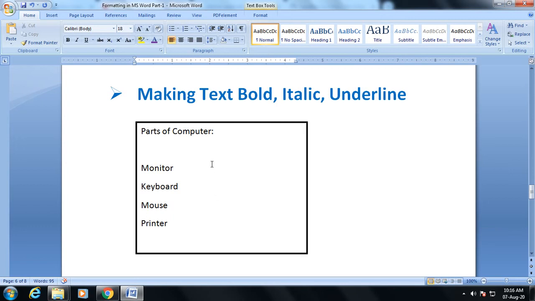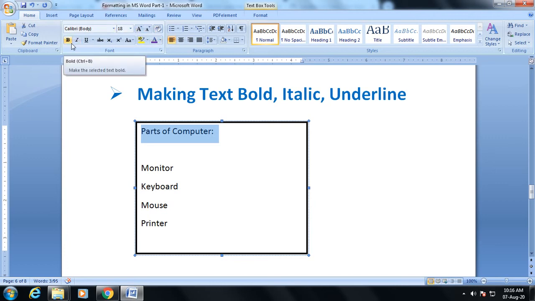How? Let's see. Select the text. After selecting text, in home tab, in font group, there are different options and commands. So we need to click on B. B means bold. As we click on this B option, our text has been changed, means it has become bold. Once again, if you are selecting the text, nearby bold there is the option of italic. As I click on this italic option, as you can see, the letters of this text have been changed in italic formation, means they are slanting.